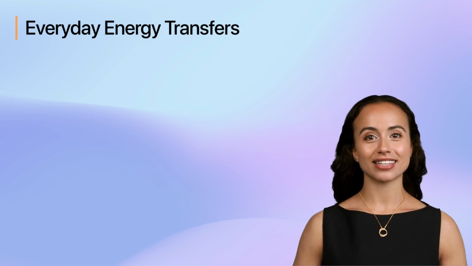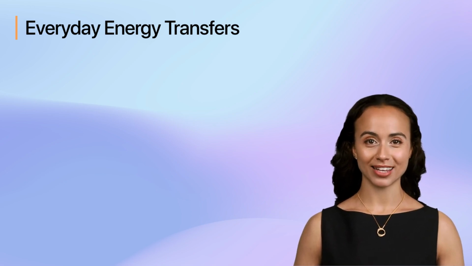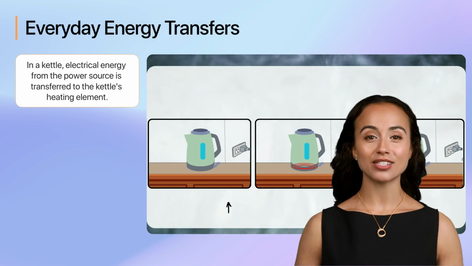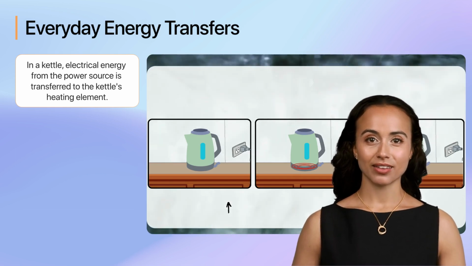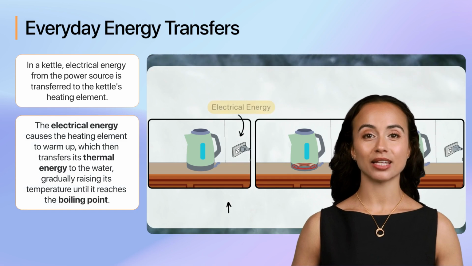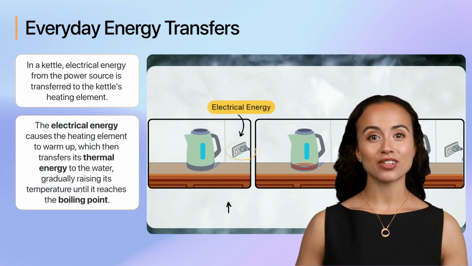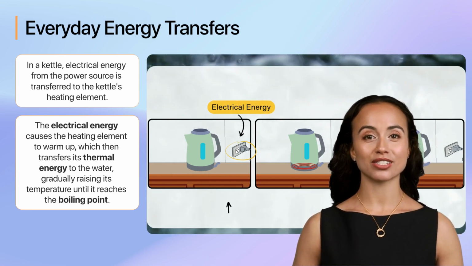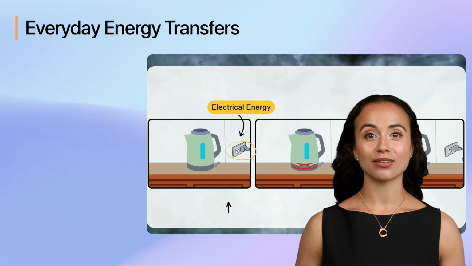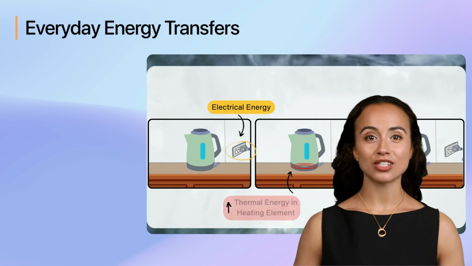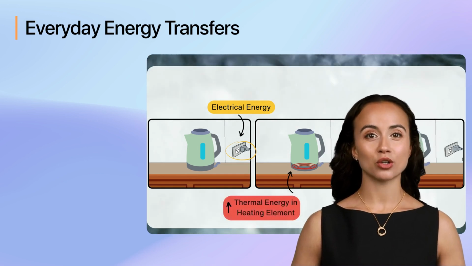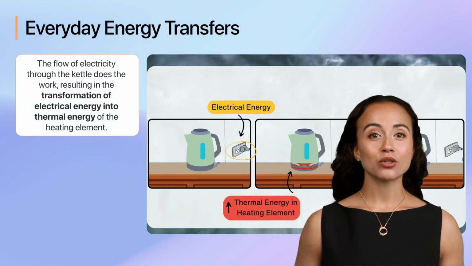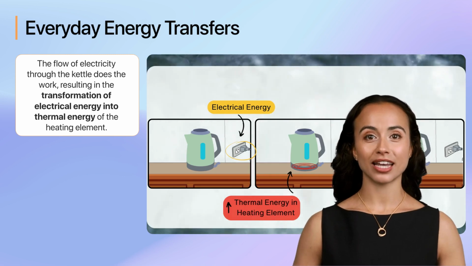Finally, let's consider the example of boiling water in an electric kettle. In an electric kettle, electrical energy from the power source is transferred to the kettle's heating element. The electrical energy causes the heating element to warm up, which then transfers its thermal energy to the water, gradually raising its temperature until it reaches the boiling point. This process involves electrical energy being converted to thermal energy through electrical pathways. The flow of electricity through the kettle does the work, resulting in the transformation of electrical energy into thermal energy